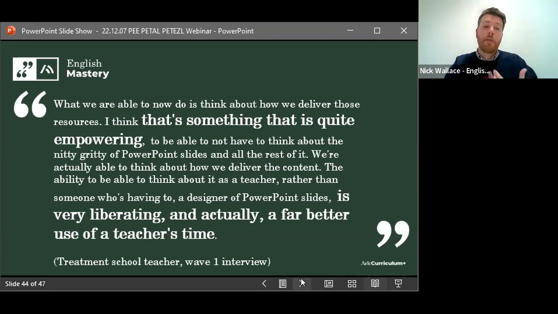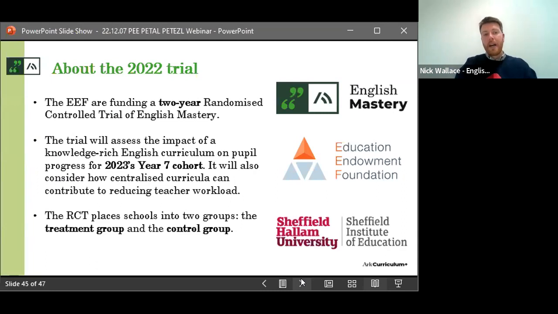The curriculum frameworks, the teaching resources we provide are there to empower teachers, to allow them to do more insightful and higher leverage activities in that planning time to allow them to be even more effective in the classroom. So that's a little bit about the programme, a little bit about the impact that we've already had on schools